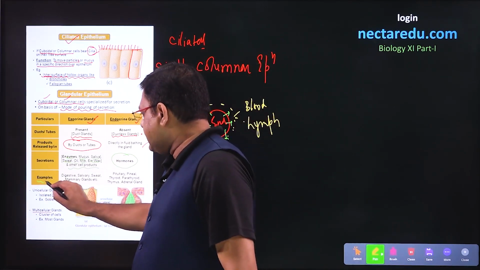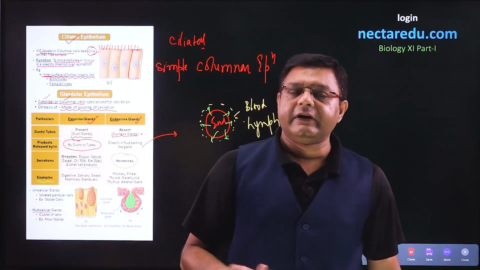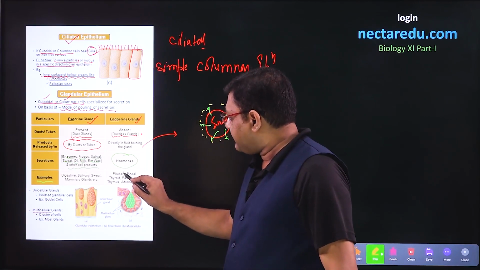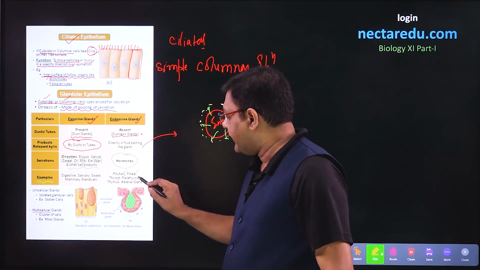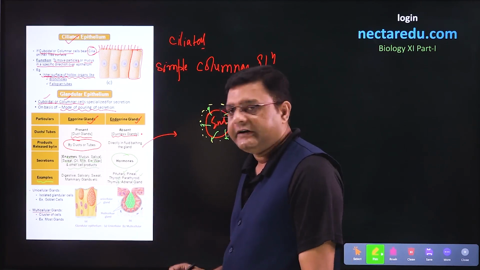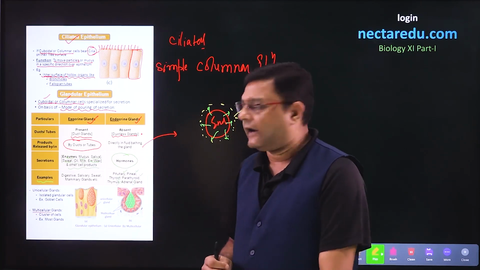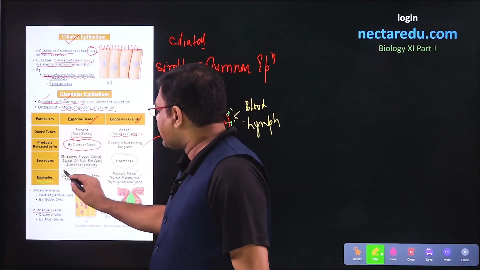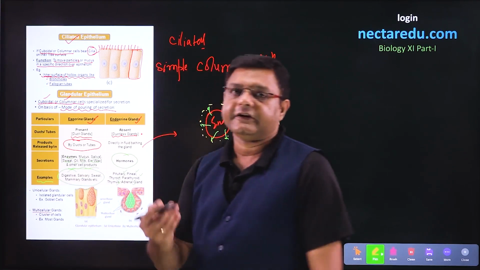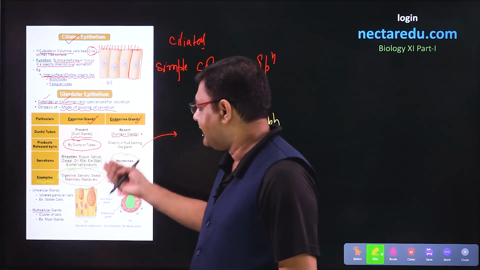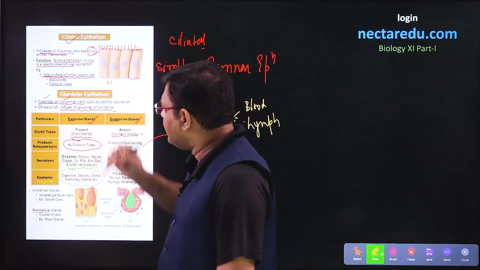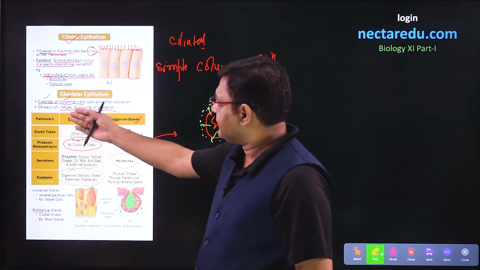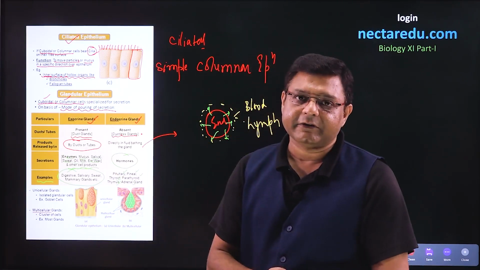Lastly, talking about the examples of exocrine and endocrine glands. Endocrine glands are the pituitary gland, pineal gland, thyroid, parathyroid, thymus, adrenal. These are examples of endocrine glands, and the rest of the glands apart from endocrine glands are the exocrine glands. So we can say digestive glands, salivary glands, sweat glands, mammary glands. These all will be examples of exocrine glands. So this is the first way of classifying glandular epithelium.